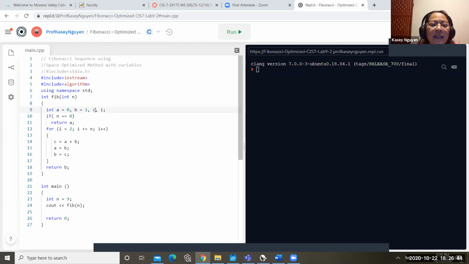Then c is going to be our result when we add the values together. And then we have the i to implement the for loop for the index. So here we state that if n is 0, return a. It would return a 0. So at f of 0, we have 0, right?